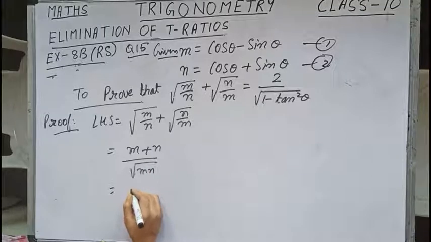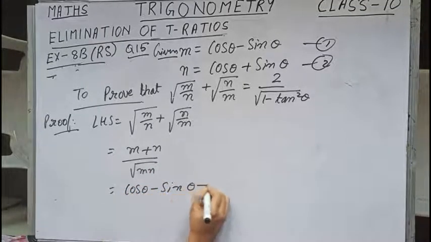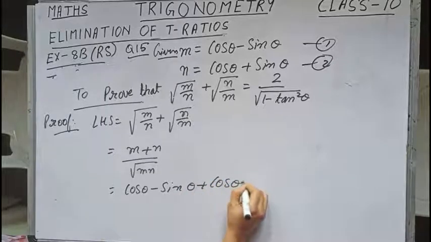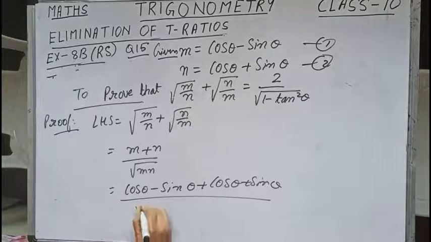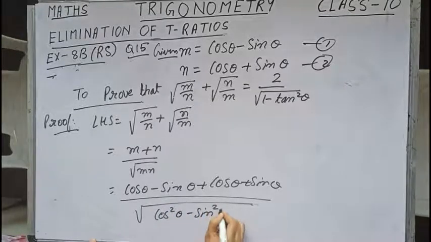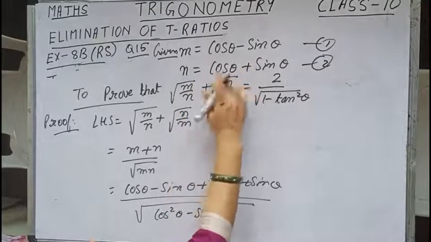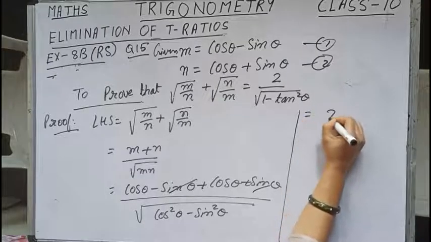Now m value is cos theta minus sin theta and n value is cos theta plus sin theta by under root mn. Mn is cos square theta minus sin square theta. A plus b into a minus b will be a square minus b square. Here these two will be cancelled and we are getting it as over here 2 cos theta